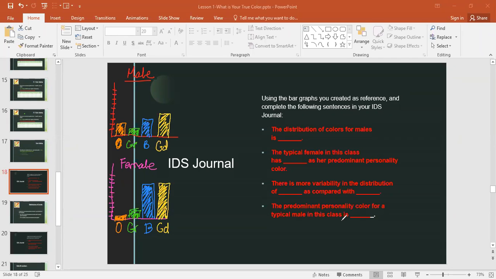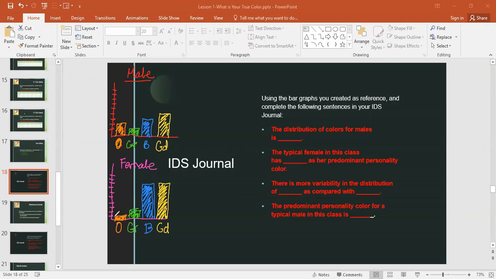Val? Valerie, my dear. There is more variability in the distribution of blank as compared with blank. I said there's more variability in the distribution of males as compared with females. And why did you say that? I said that because with the males, their numbers are more close, whereas with females, there's a bigger amount of change, if that makes sense. So there's a bigger skew,